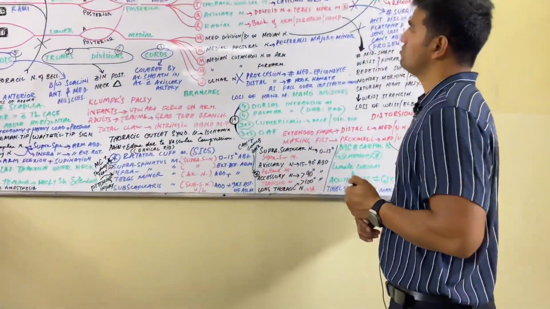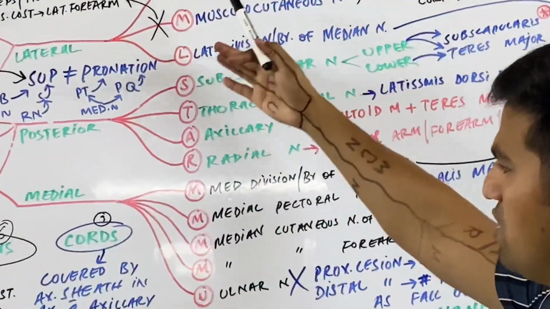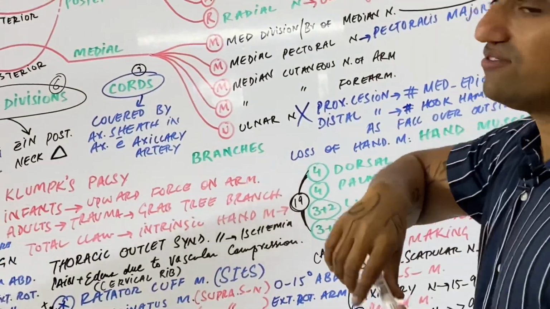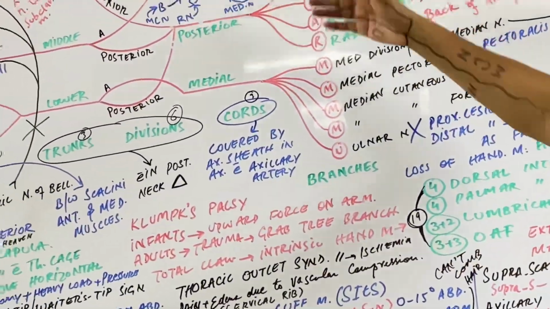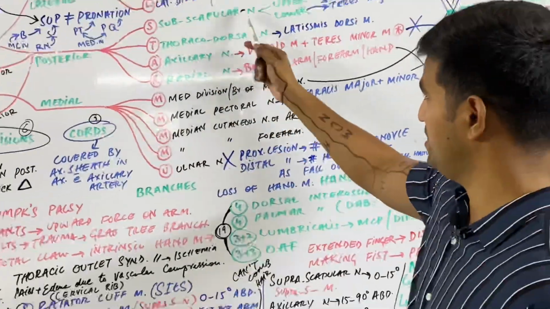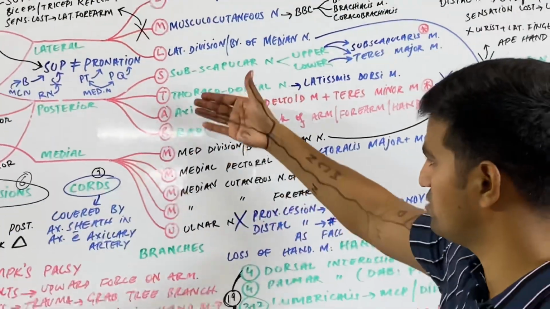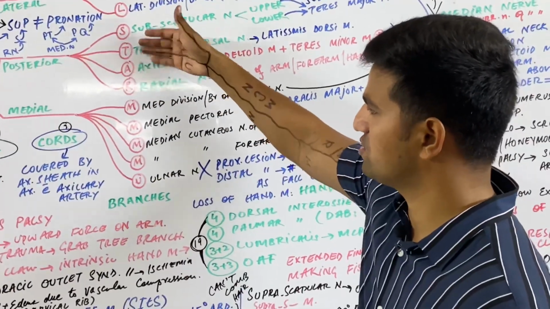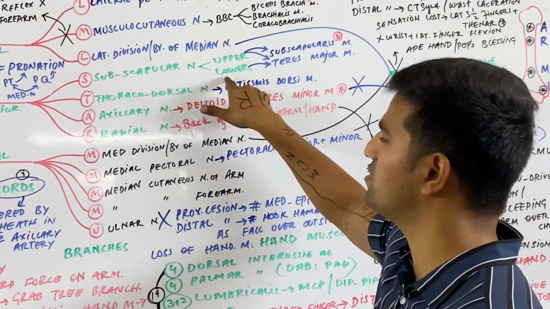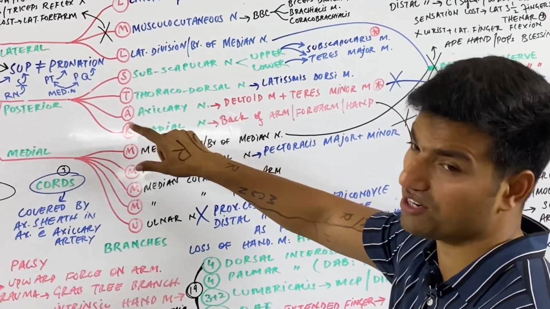Okay, now these are the three branches of the lateral cord of the brachial plexus. Now we'll discuss the branches from the posterior cord of the brachial plexus. It gives a mnemonic called STAR. S for subscapular nerve, maybe upper subscapular or lower subscapular. Total 5 nerves, but to understand this concept, we wrote it as STAR. So subscapular means upper subscapular nerve and lower subscapular nerve. T for thoracodorsal nerve, A for axillary nerve, R for radial nerve.